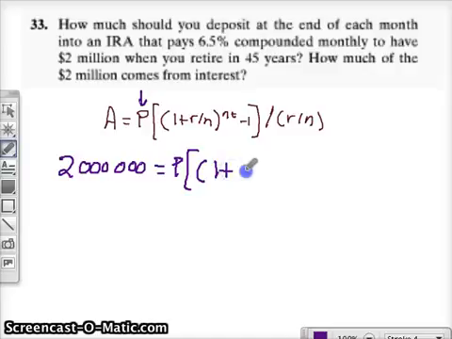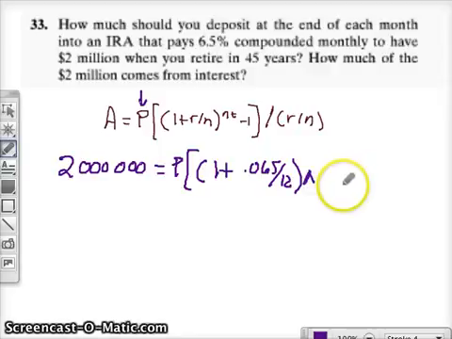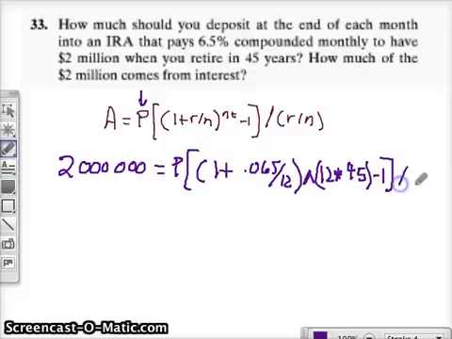1 plus 0.065 divided by 12 to the 12t. Well, 12 times what? Retire in 45 years, so it's 45 right here. Put this in parentheses. Then you've got to hit the divide, and then we put the 0.065 over 12 here. Again, if you're a little scared,